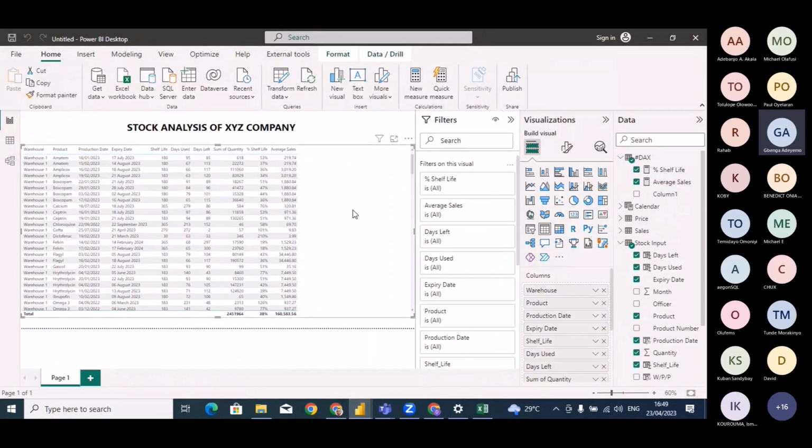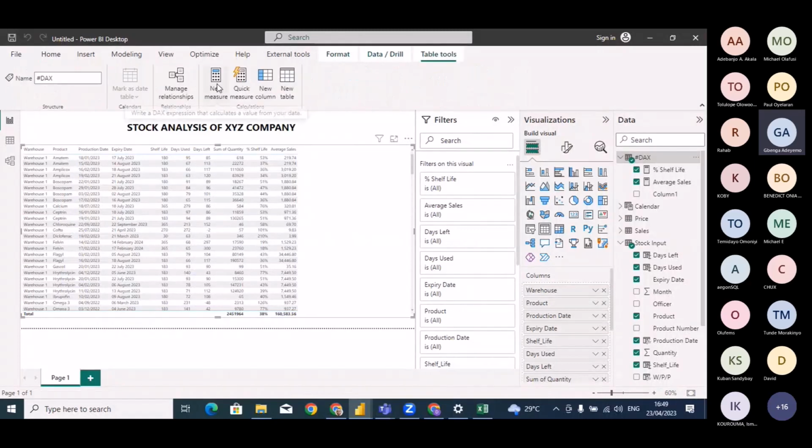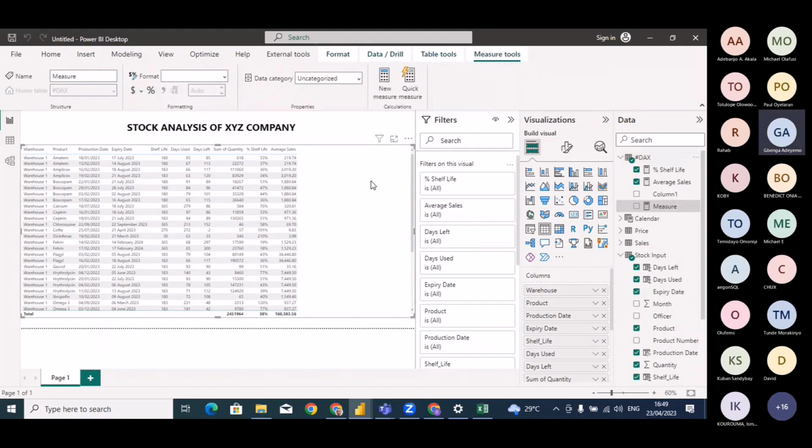Days of cover is you are going to be dividing the quantity reported by the stock personnel or the inventory or the warehouse personnel by the average sales. That days of cover will tell us the number of days it will take you to finish selling off that product from the warehouse, based on your sales activities. Now, how do we get that? So write a new DAX formula again, say new measure,